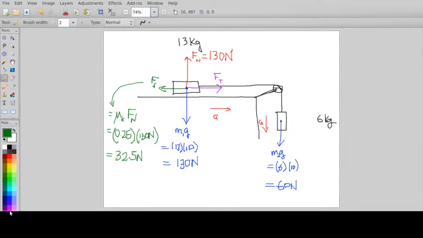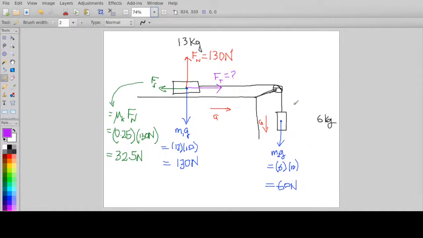Great, we've got 3 of them. Do we know how big the tension is? And the answer is no, we don't. Don't do something like, oh, the tension has to balance against that one and those two are equal to one another. No, it isn't. Otherwise, you wouldn't have any acceleration. We simply don't know how big the tension is. And so we can't assign a number to the net force right now for box number 1, for the 13 kilogram box. All right, so we've gone as far as we can with our analysis of